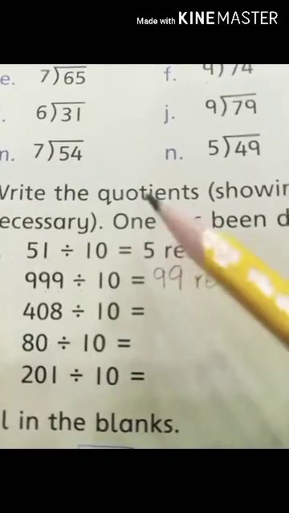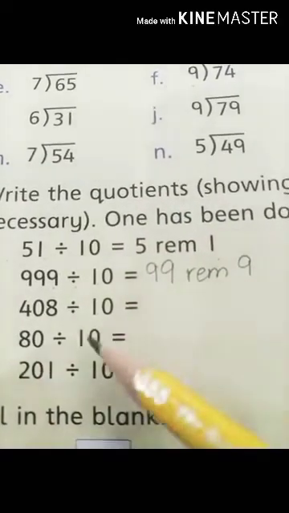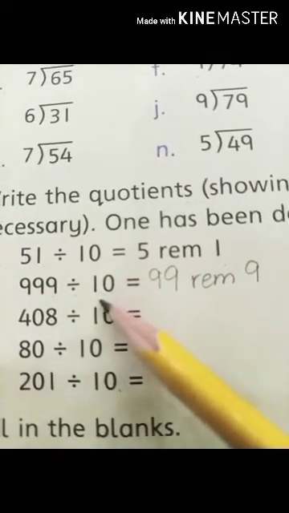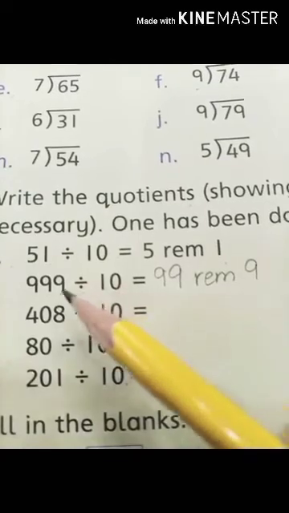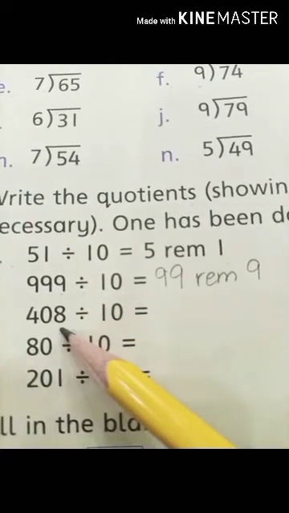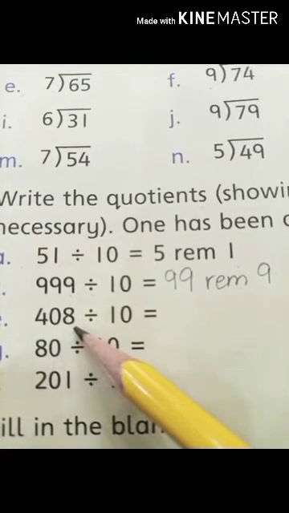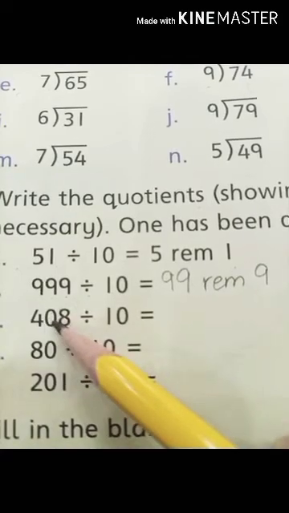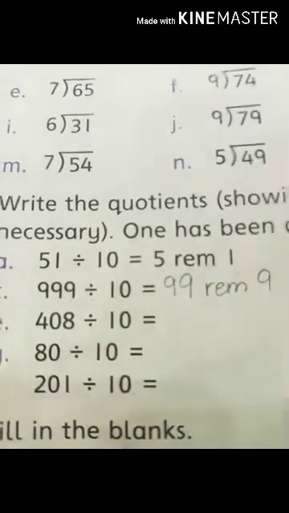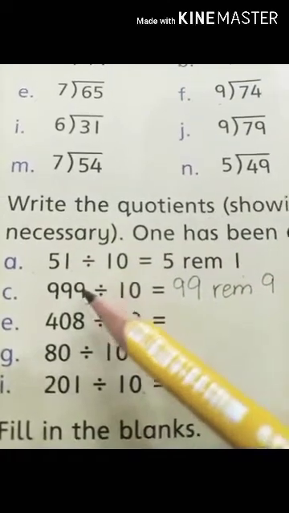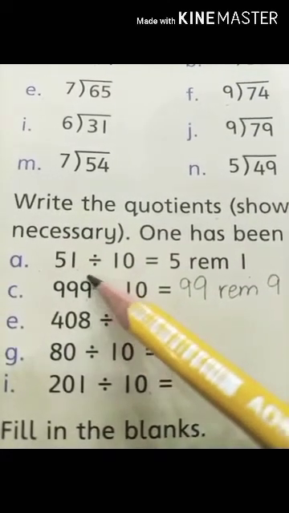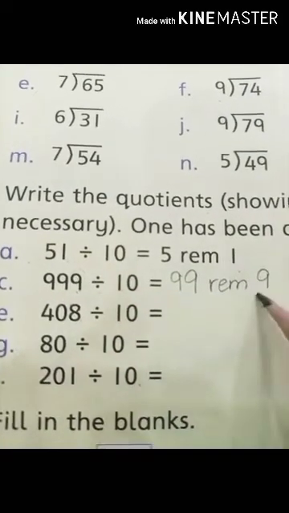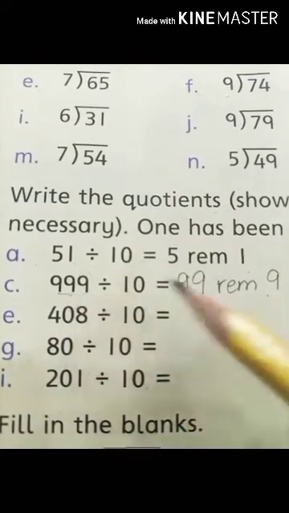Students, here is another trick to solve these questions that are divided by 10, and we have discussed it in the last lectures. Students, look at this. When a number is divided by 10, then the digit that is at the right corner will be the remainder, and the remaining digits will be our quotient. Okay, look at the students, the questions that we have done. Look at them. This one, that is at the quite right corner of the number, is our remainder, and the remaining ones are the quotients.